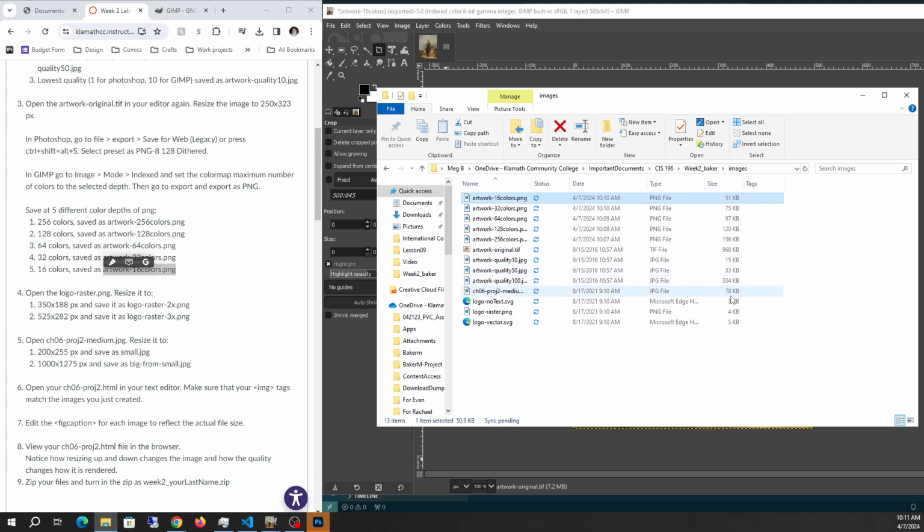Same thing with our quality here. So the 100% quality was 334. And then it goes down to 15 by the time we get down to it, right? So why this is important is that the smaller the file size, the faster it will load. So you're having to balance load time versus quality, right? All right, so let me